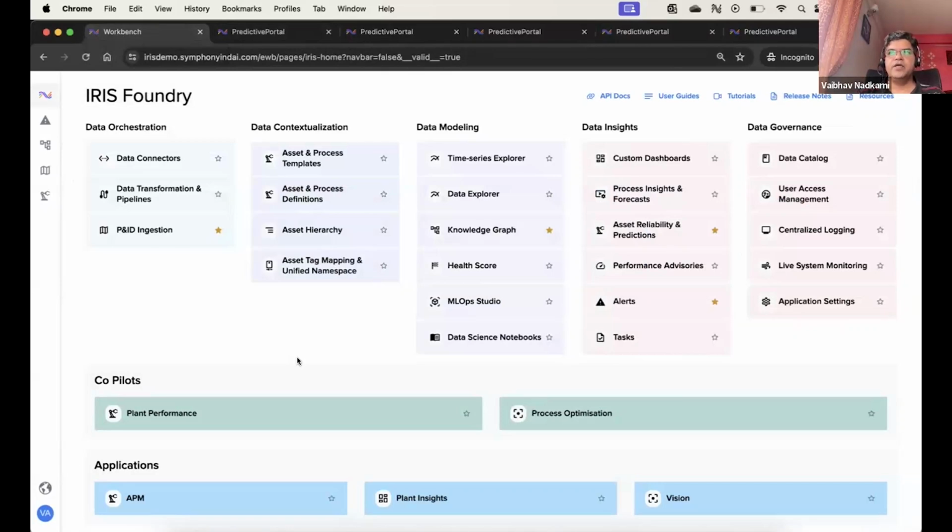Iris Foundry gives you an offer for any large manufacturing plant. Creating an asset hierarchy can be quite a Herculean task. There are hundreds of assets and hundreds of tags and hundreds of sensors, and creating manually an asset hierarchy, which will be a digital representation of your plant, is a Herculean task, and it might take a lot of time. However, we have a